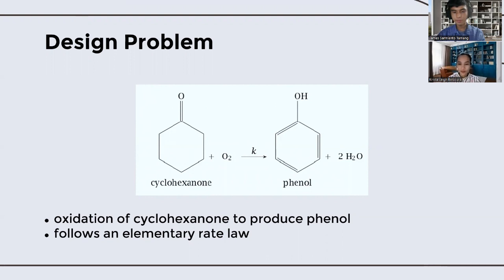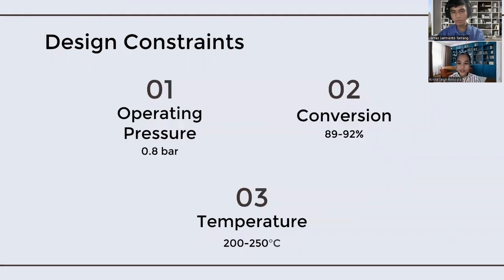Our paper aims to design a reactor system to oxidize cyclohexanone to produce phenol that will give cyclohexanone conversion of 89 to 92 mole%. All the components in this reaction are in the gas phase at 200 to 250 degrees Celsius. Accordingly, the operating pressure is set to 0.8 bar to avoid the organic components diffusing from the reactors in case